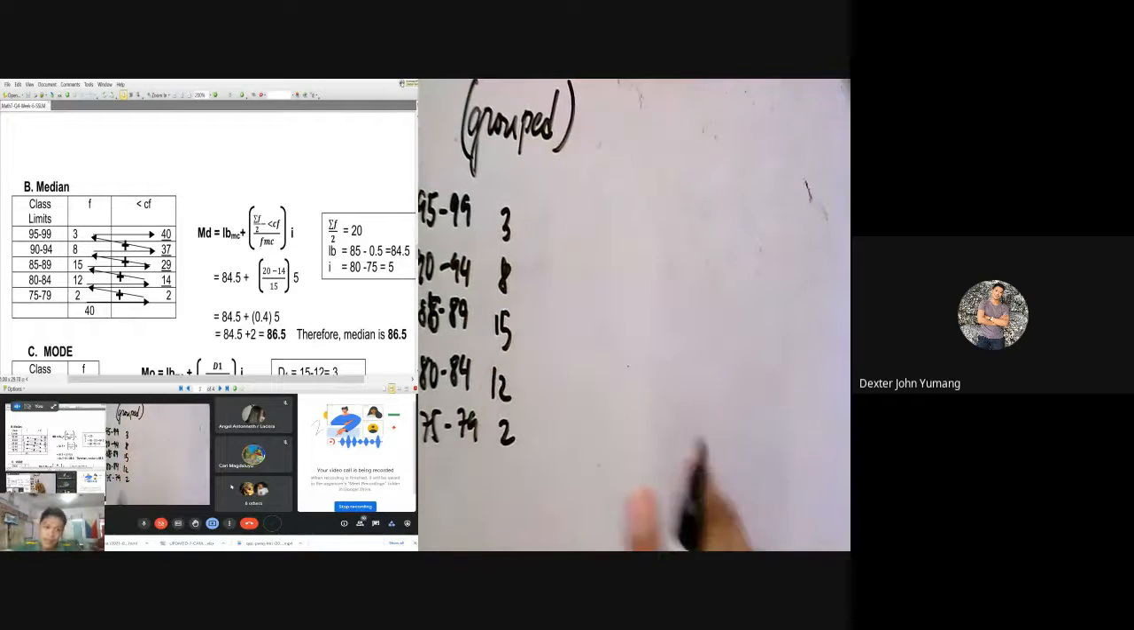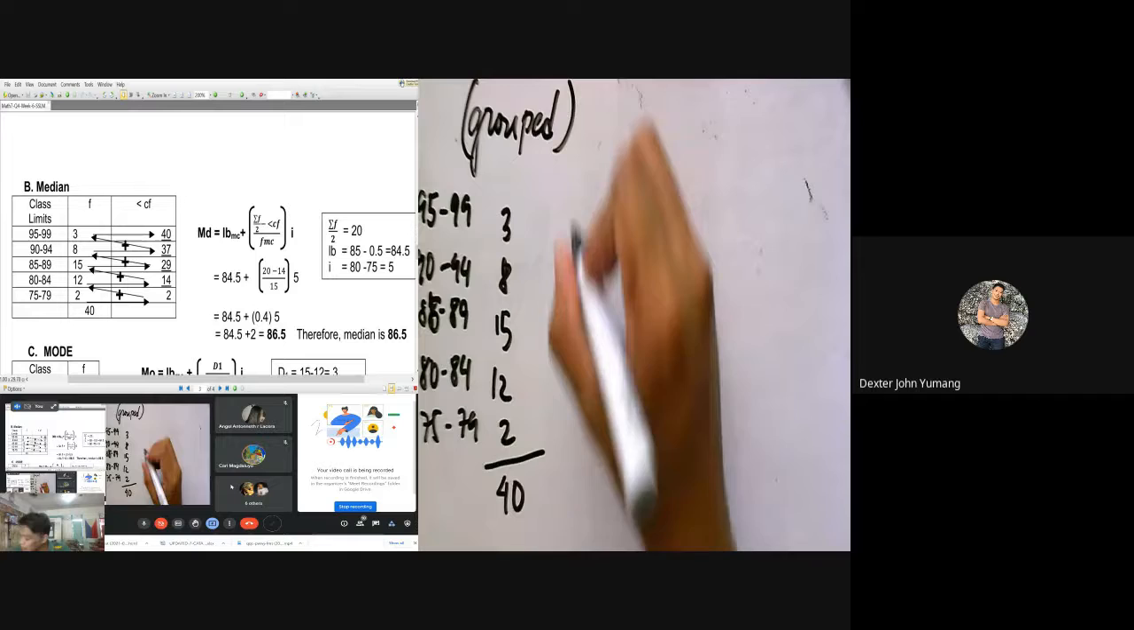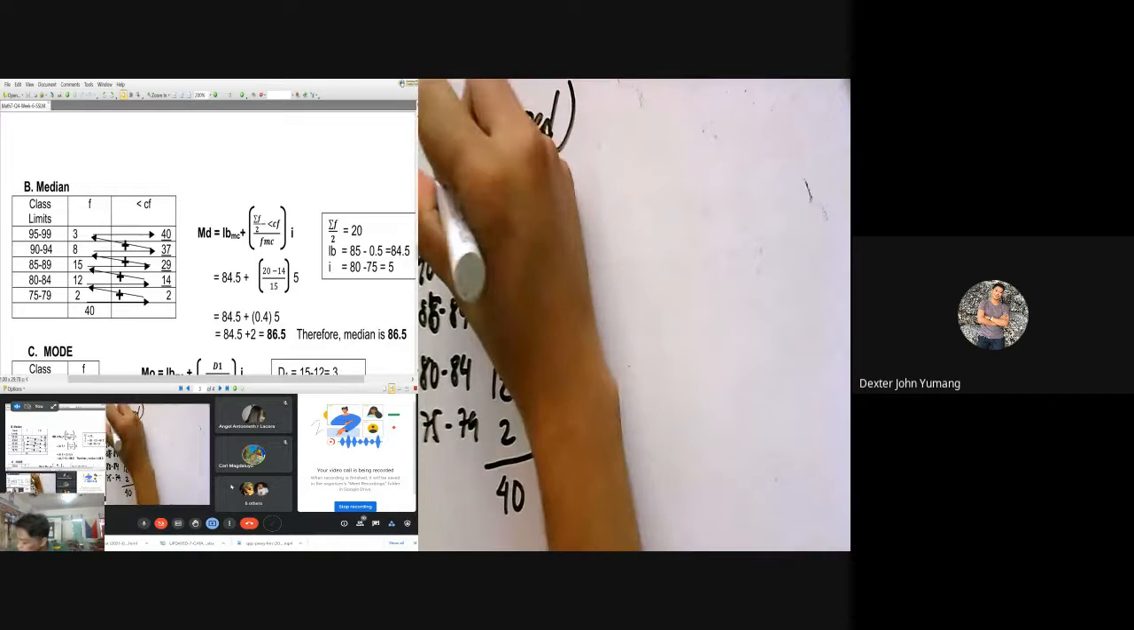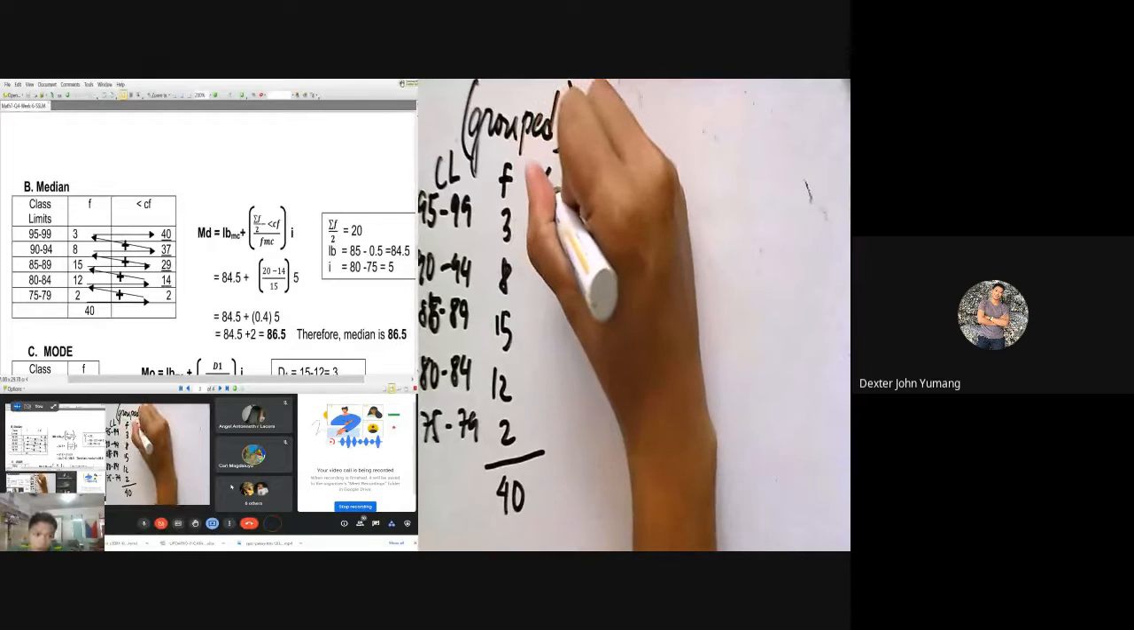Okay, the first step we are going to do when we get the median score of the group data is to make a table. So i-add muna natin. The total score for this is 40, or the total number of population. That is now our N. Okay, so next thing to do is we are going to get this is our class limit, this is our frequency before the